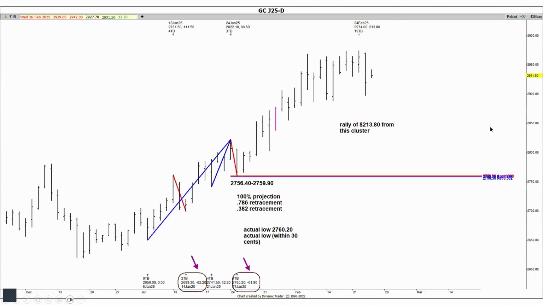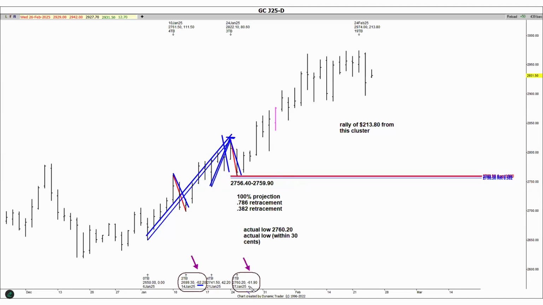All right, this one's a little bit more recent. This is a daily chart in gold. Now here I have a 786 retracement of this low to high. I had a 382 retracement of this low to high. And then I also had a symmetry projection, a high to low. And this decline was $62.20, projected from this high. Okay, it looks like the top end of that support is